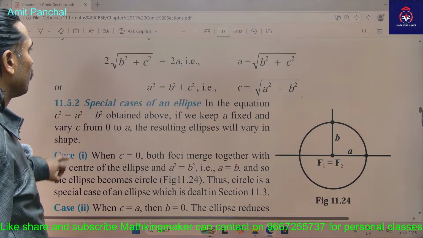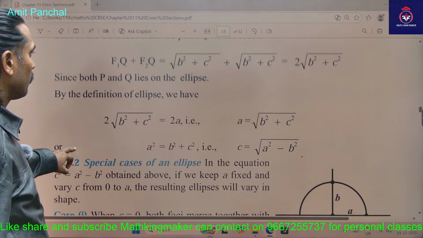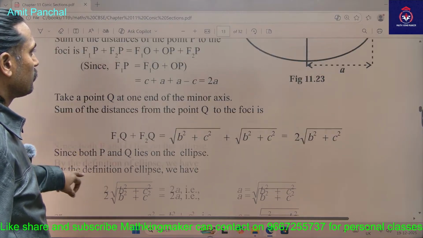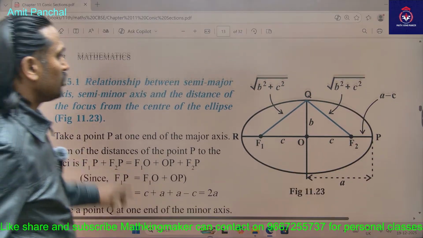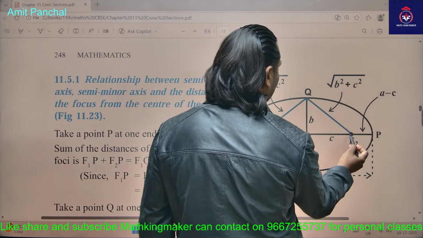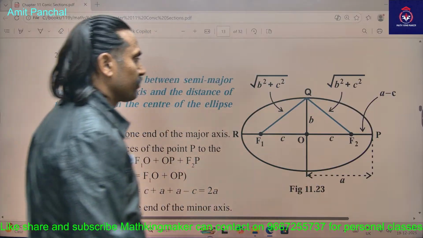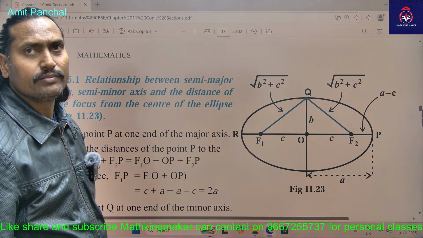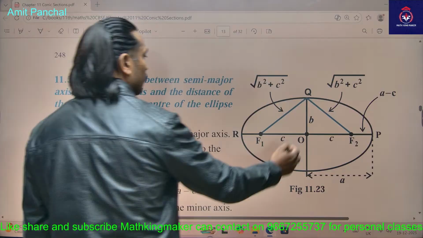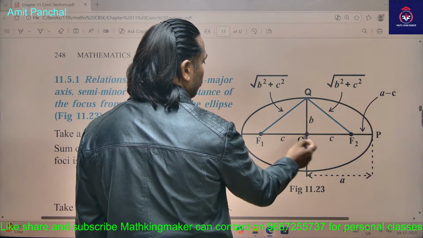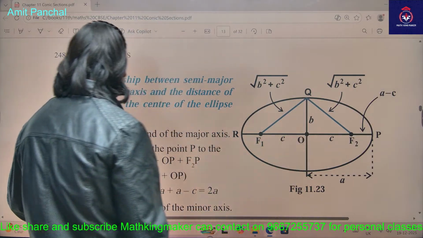So a square equals b square plus c square, is that right or not? See, if this point is the center O, then that distance is c, okay? And let us say this distance is b, this distance is also c. So we have,